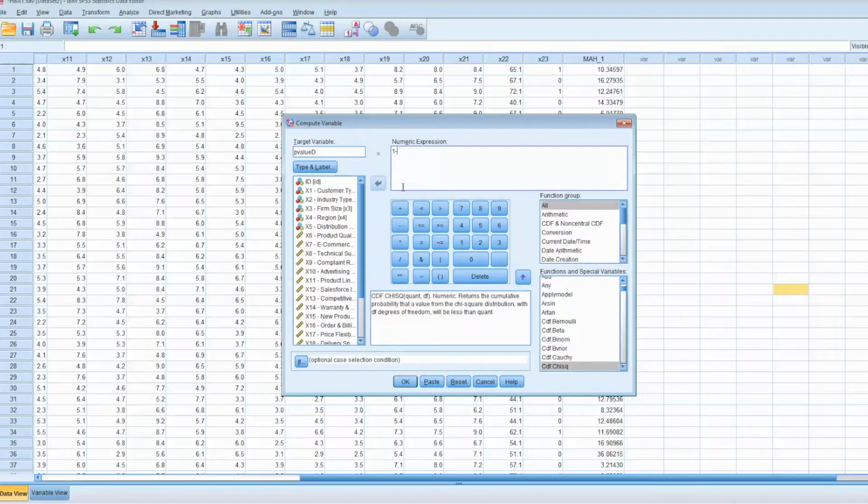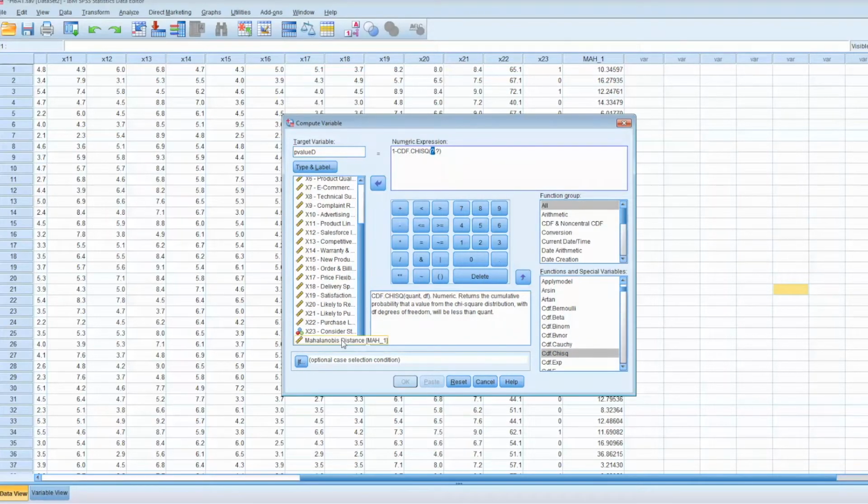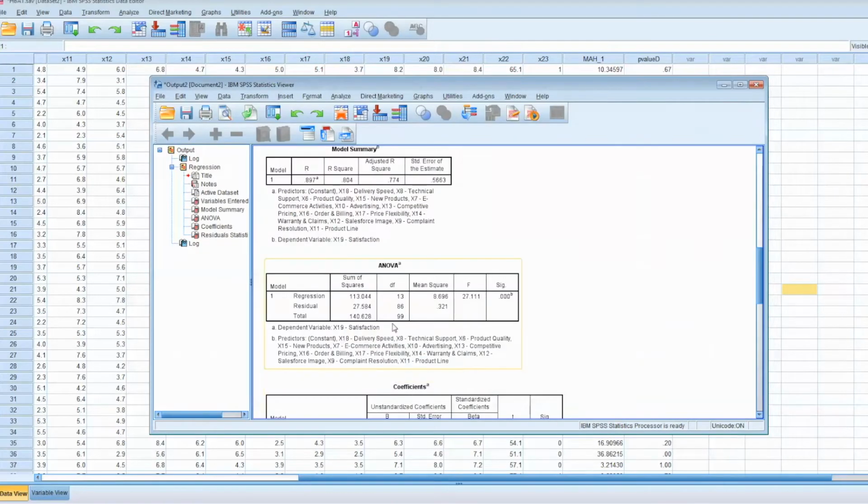Under numeric expression, we type 1 minus, and we need to look for the cumulative distribution function for chi-square, which is CDF.CHISQ. We double click that function, then move the MAH variable to the first parameter. For the second parameter, we enter the degrees of freedom, which is 13, and click OK.